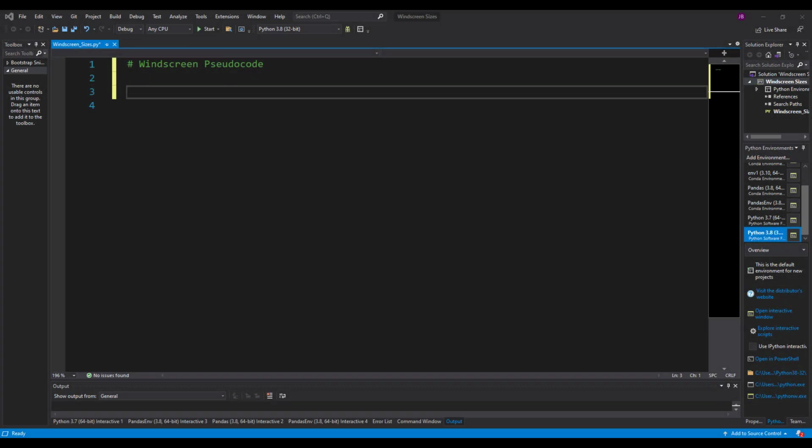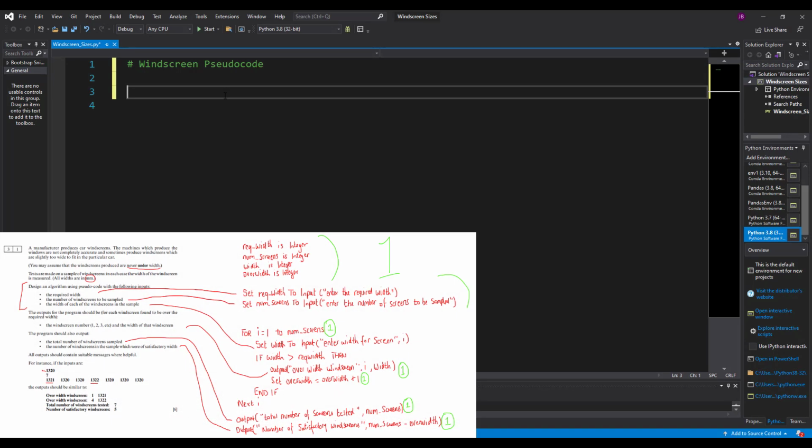Okay, so all I've done here now is opened up Visual Studio 2019 and I've created a new Python project for our Windscreen pseudocode. Now, all I'm going to do is convert the pseudocode straight over into Python code. I will try and put reference to this on the screen so you can see what I'm converting. And a skill for an A-level student is the ability to transfer your pseudocode into a high-level programming